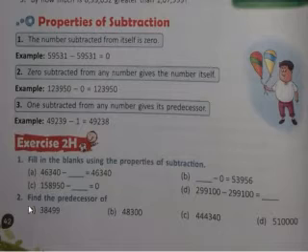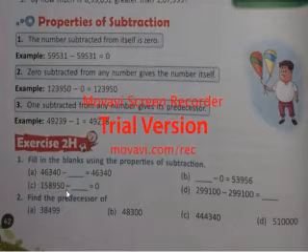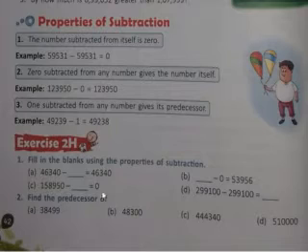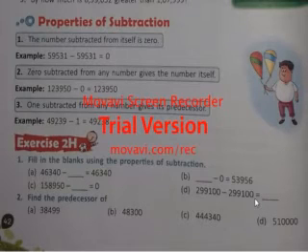I have given the solution also. And if you will see over here, it is 1,58,950 minus blank is equal to 0. What we had learned, that the number subtracted from itself is 0. That means this number should be subtracted from the same number, so the result will become 0. So here will also be the same number, that is 1,58,950 should be in this blank. If you will see question D, same number is subtracted from same number. So what will be the answer? 0. So by using properties in this way we can do.